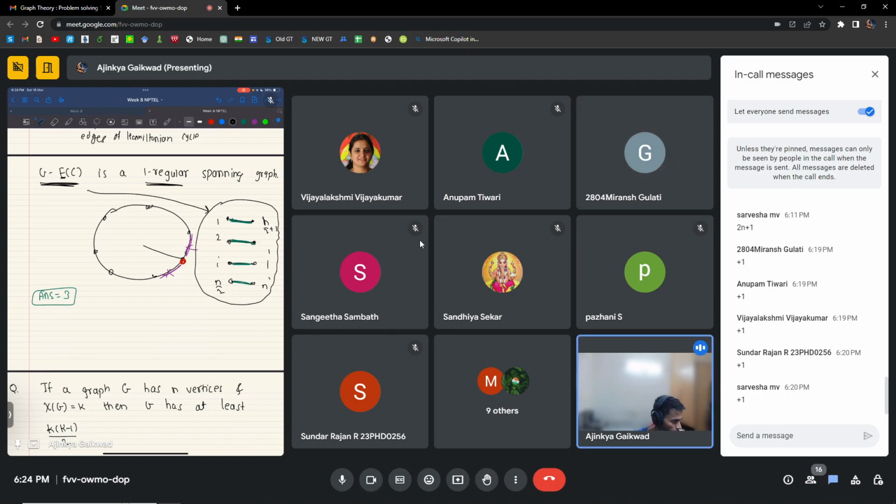Wait, just a second. I think no, the answer is not even 3. I can give you a counterexample where the chromatic number of a cubic Hamiltonian graph is 4. I think this is an easy example. Can you come up with a cubic Hamiltonian graph whose chromatic number is, let's say, 4? So what is your example? Complete graph of 4 vertices. Exactly, right? So if you look at K4,